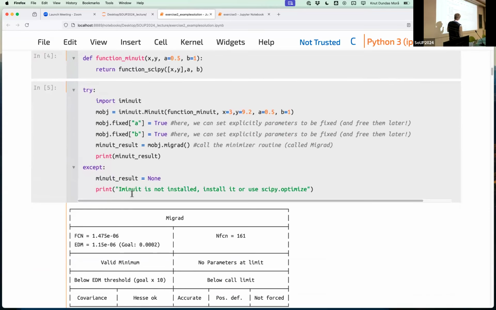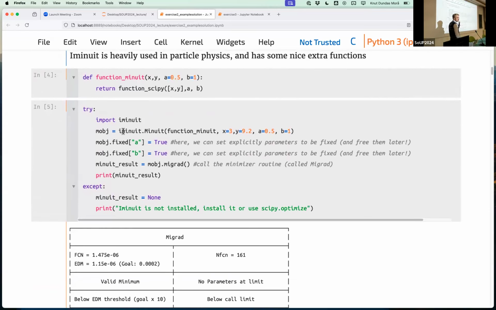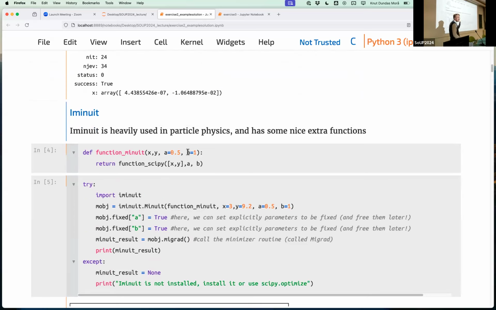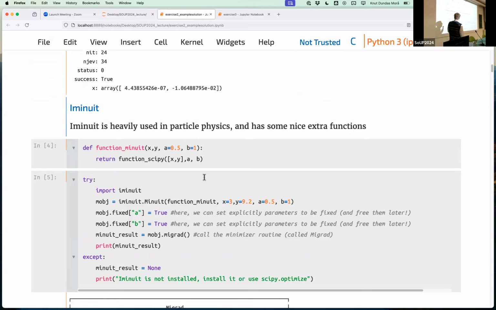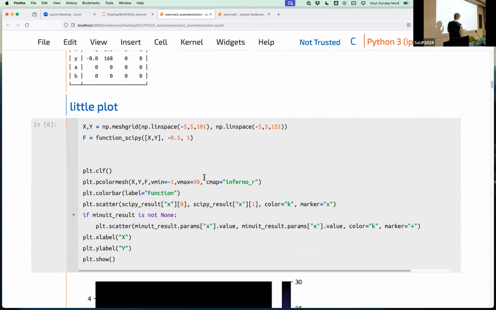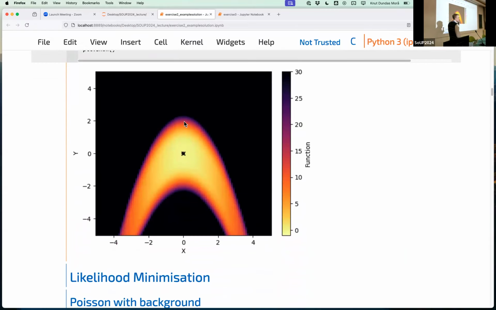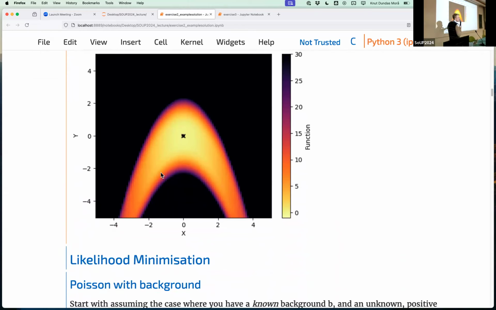If you have linearity, I think it's nice because you can more easily and flexibly change parameter bounds on the go. But that's more if you know that you will do this some hundreds of thousands of times. If not, I think scipy.stats works great, and it worked for actual published results also. And then we have just a little plot of what these likelihood surfaces might look like. You have two parameters, and you might have some correlations that necessitate that you don't just look at the projection along here, but that you actually walk along the minimum, which is what we call profiling.